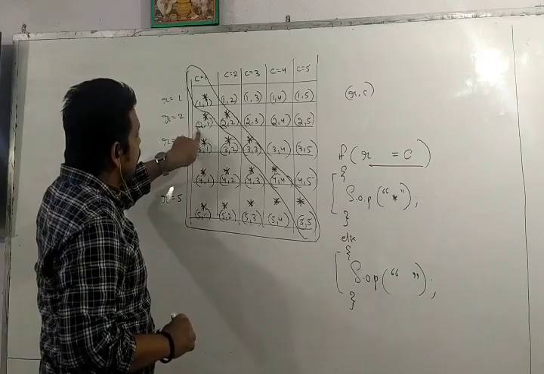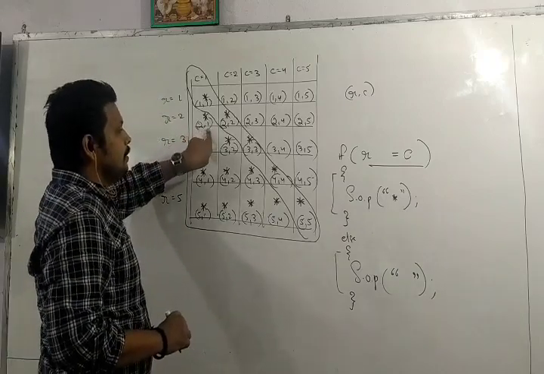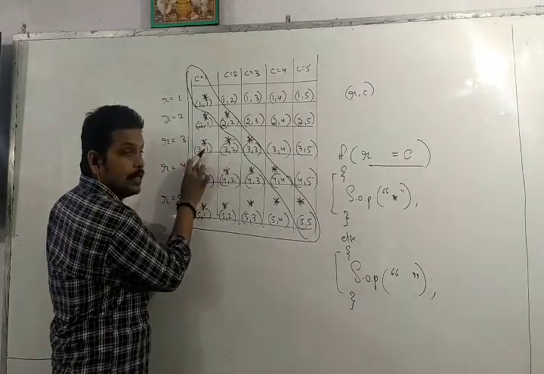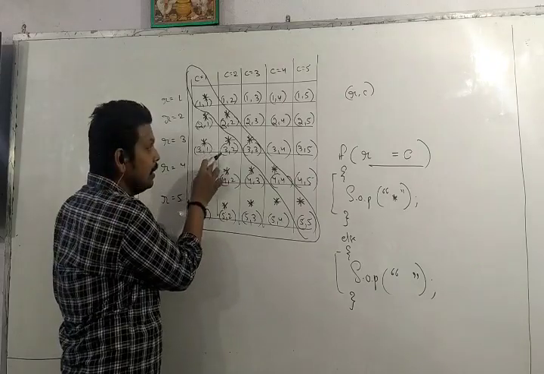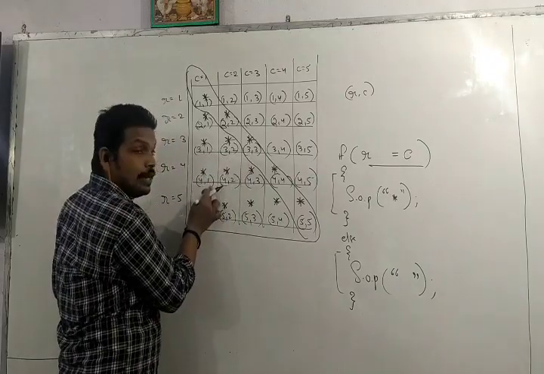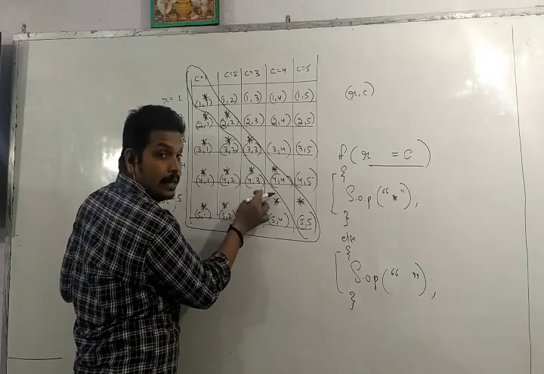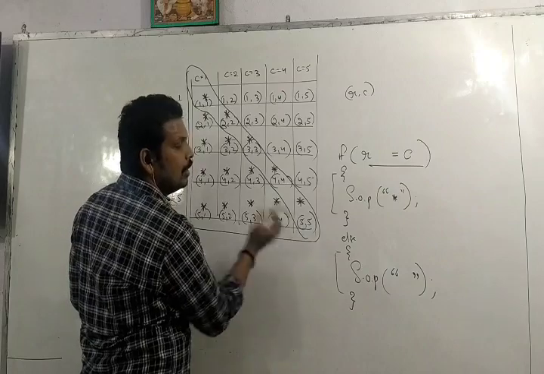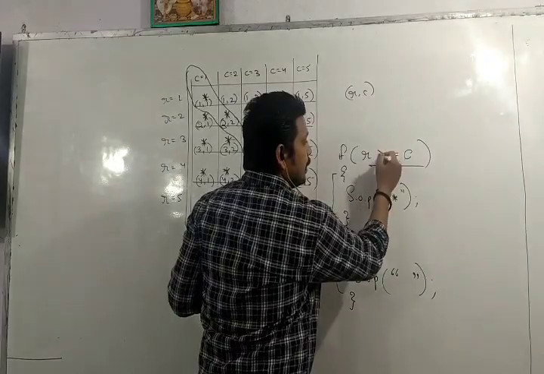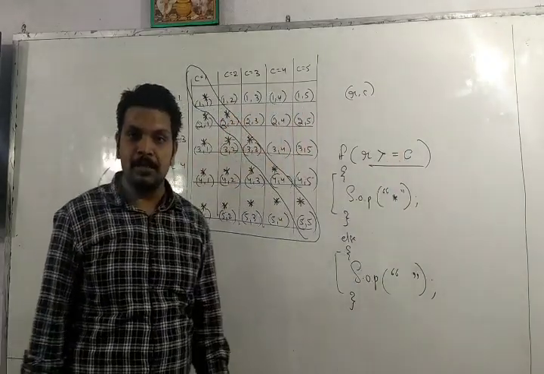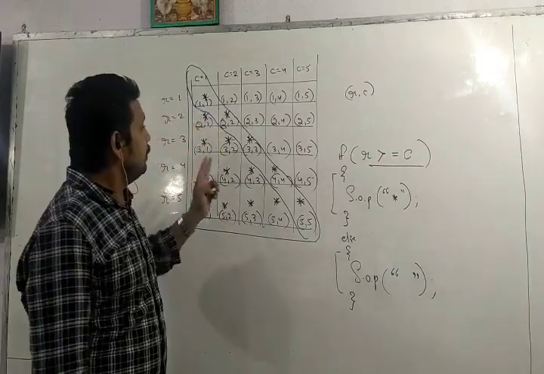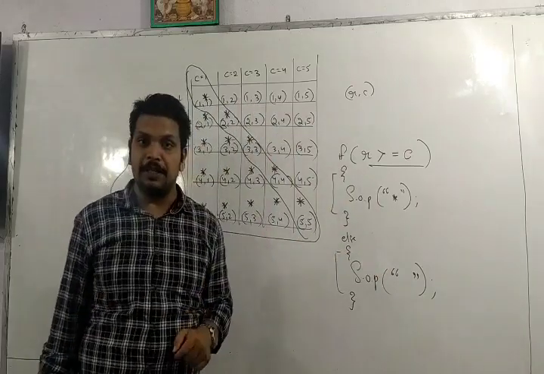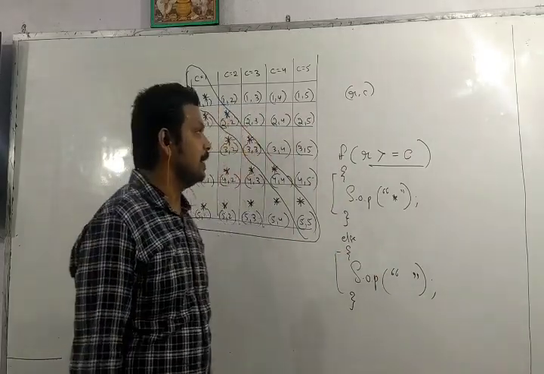Then here the R value is greater than the C value. Here it is 3 and 1. 3 is greater than 1, 3 is greater than 2, 4 is greater than 1, 4 is greater than 2, 4 is greater than 3, 5 is greater than 1, 5 is greater than 2, 5 is greater than 3, 5 is greater than 4. So R is greater than or equal to C. This is the condition where the star will be printed, and in the rest of the part the space will be printed.